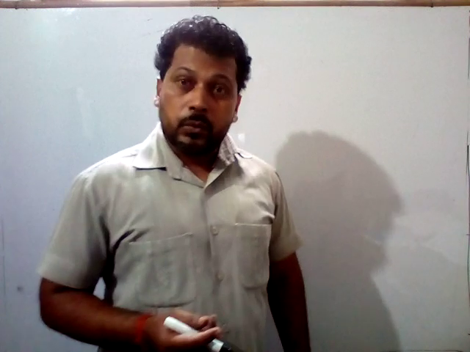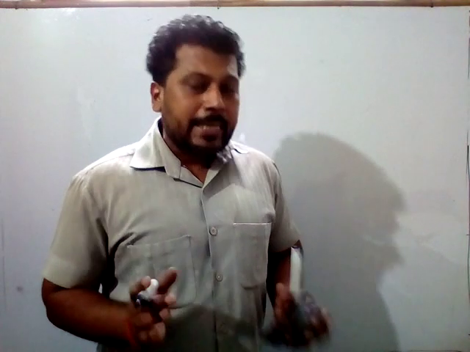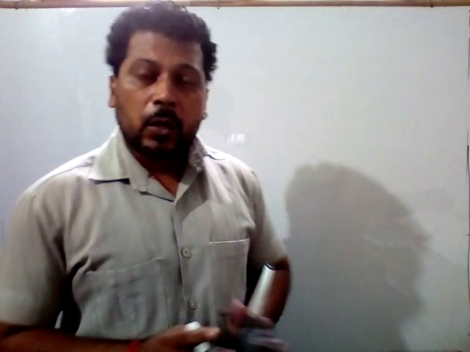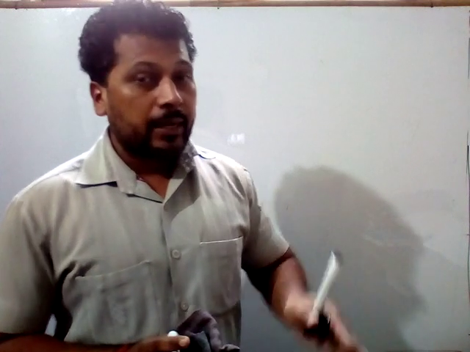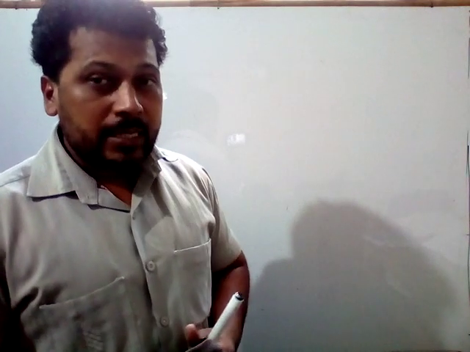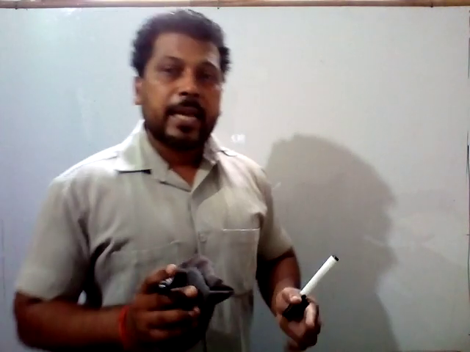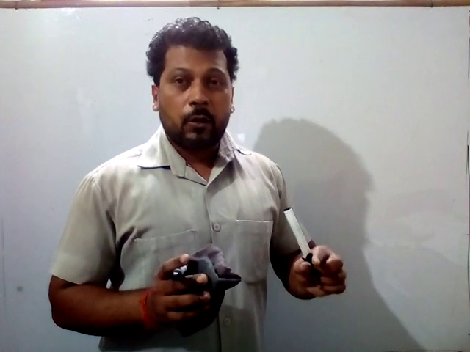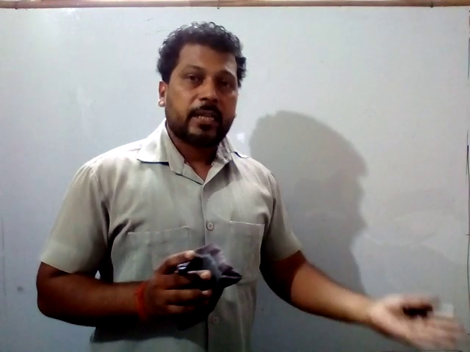So, a telescope is also a combination of two convex lenses, but in this case the size of the objective lens is greater in comparison to the eyepiece lens, or simply we can say that the focal length of the objective lens is greater than the focal length of the eyepiece lens.